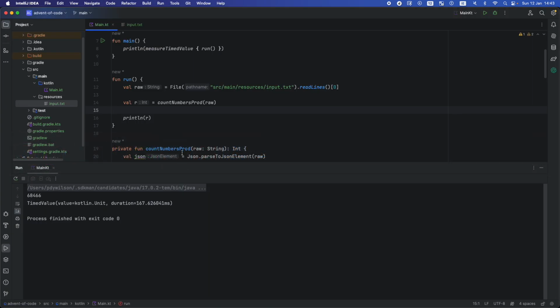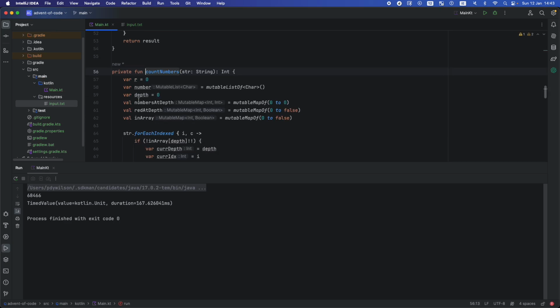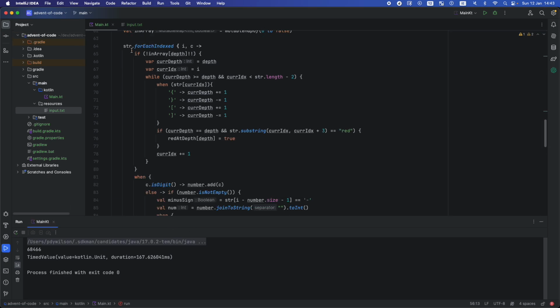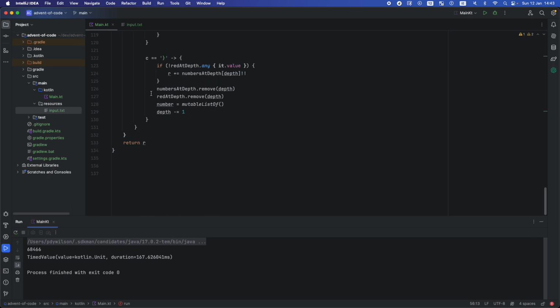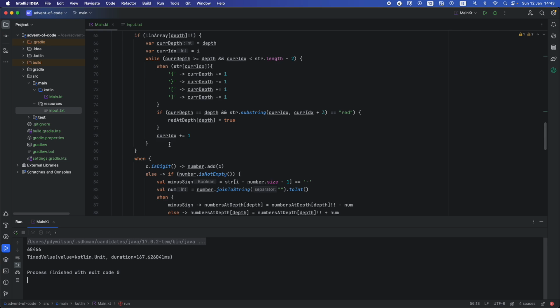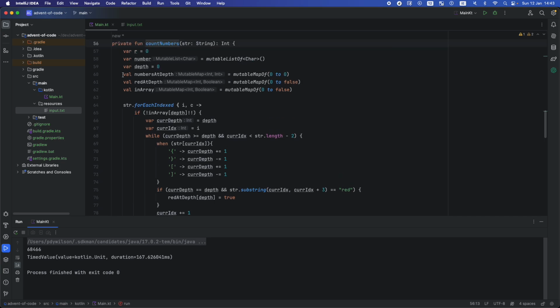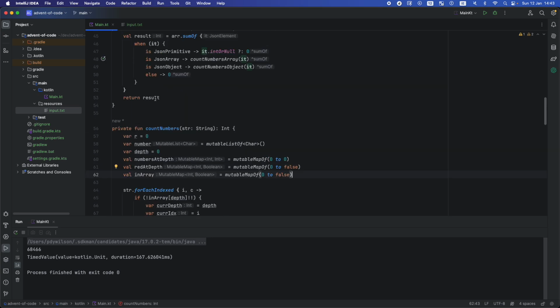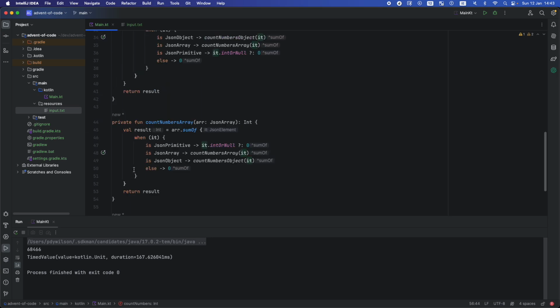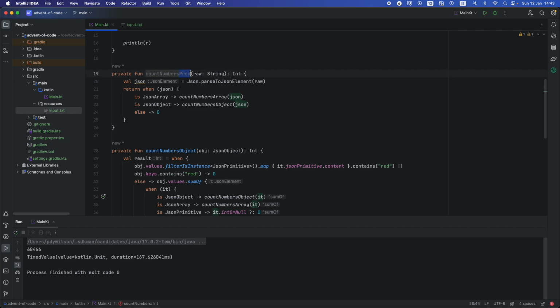So I had another look, and the way we did it here is quite elaborate and just uses basic tools like strings, going through a string and looking at characters with our own maps of how deep we are and if we're in an array and if we're red and so on. Another way to do it, let's say v2,